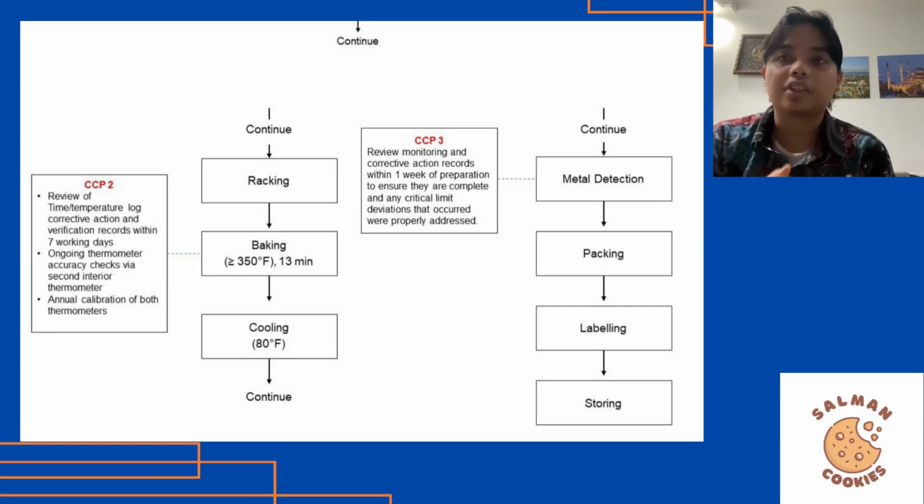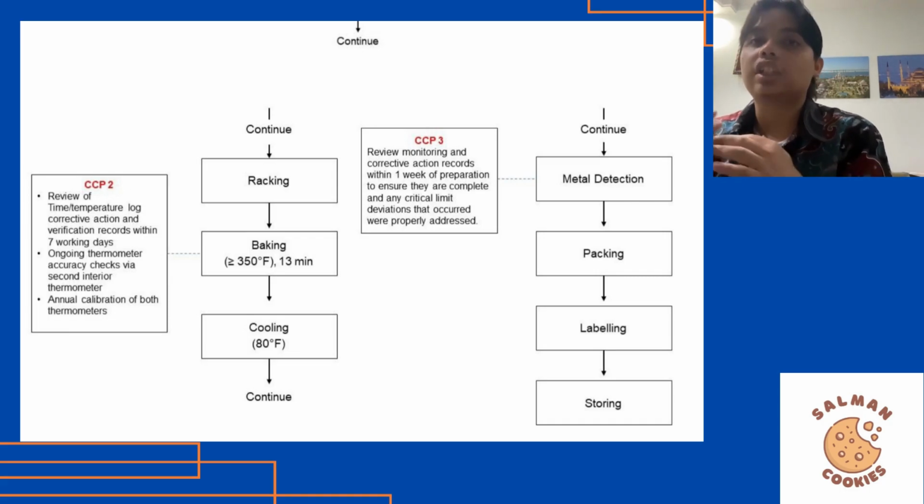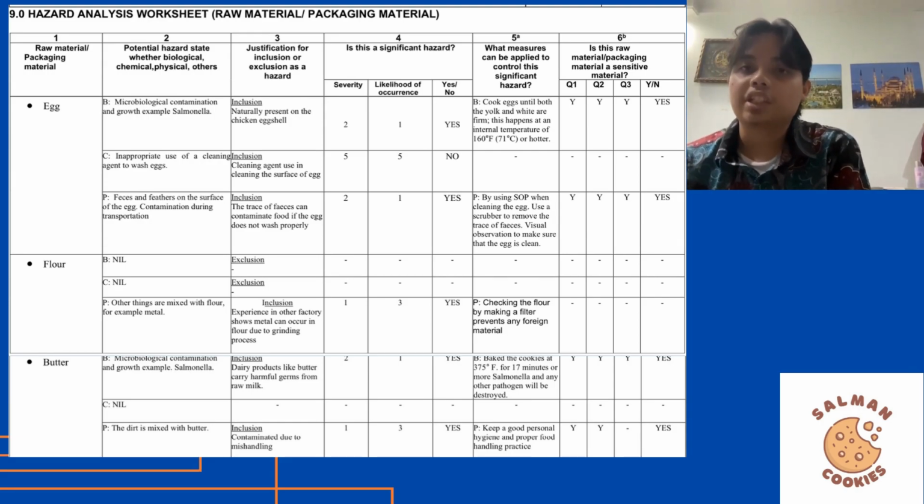And the last process is storing, that is, where the goods will be gathered and stored according to the FIFO order. Now, I will continue the presentation with the hazard analysis worksheet, where there are 9 items in total, and the first raw